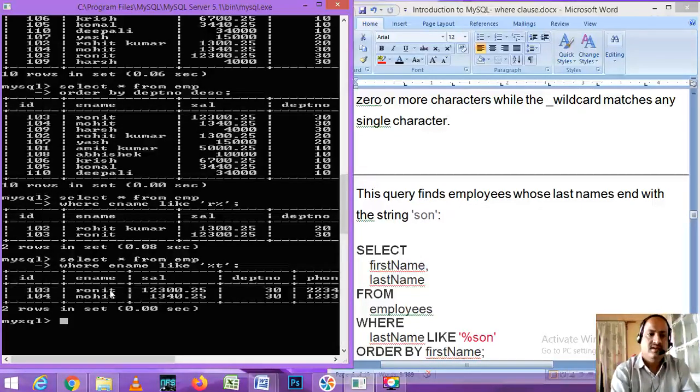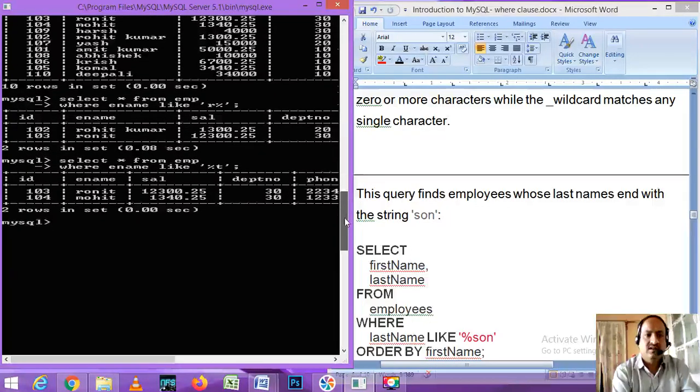Now suppose your question is to find the values from the table where T is available in between.